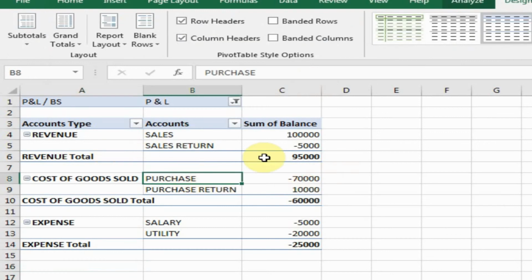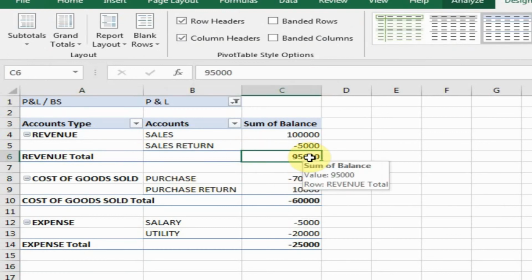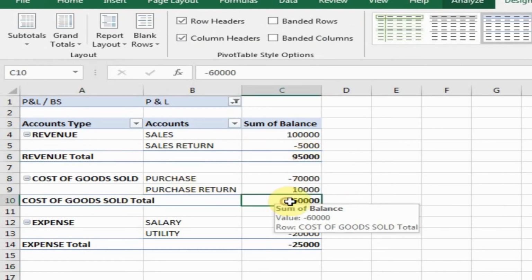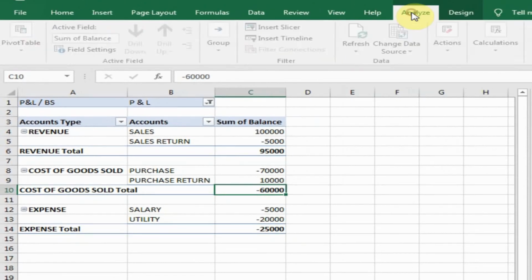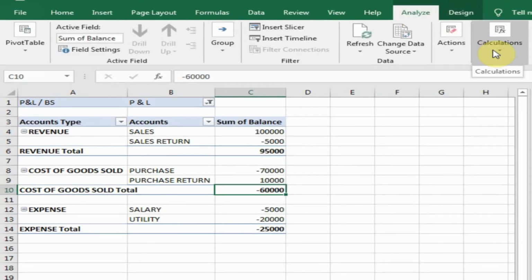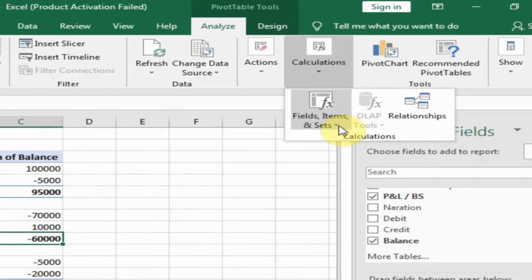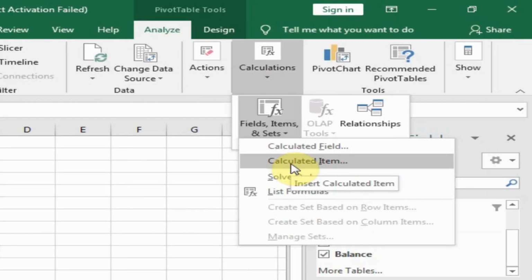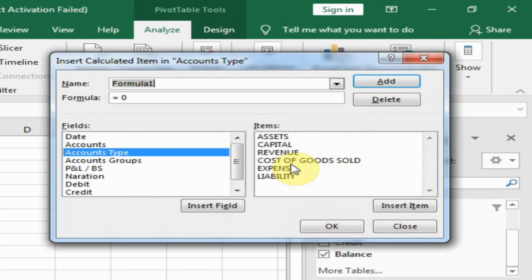Now here is the revenue, total revenue, and here is the total cost of goods sold. And I want another field, gross profit. Just go to analyze, and here is the calculation field. Just click here and here is the option calculated item. Just click here. Now type gross profit.